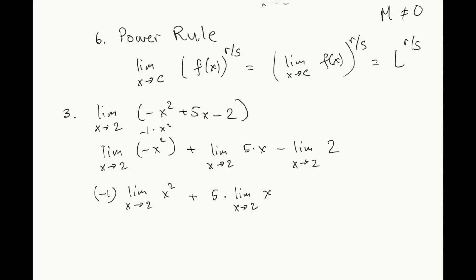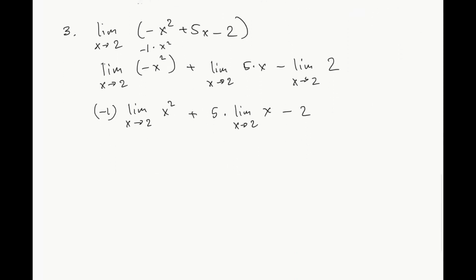And the limit of a constant will be equal to that constant. So we have minus 2. For the first term, I can further use the power rule. So I'll have the limit as x goes to 2 of x squared plus